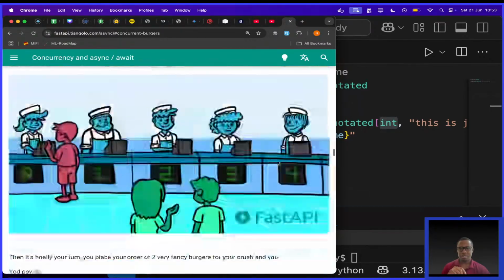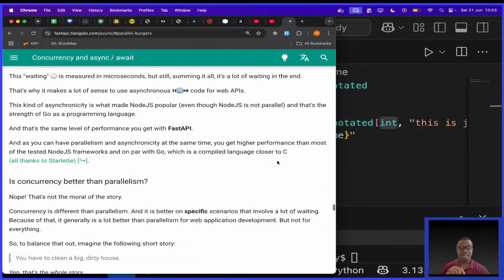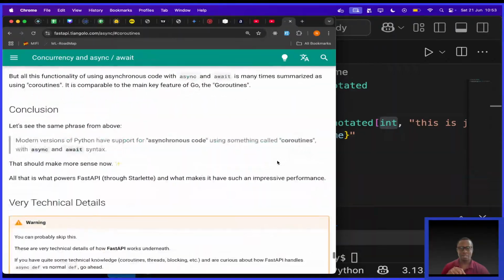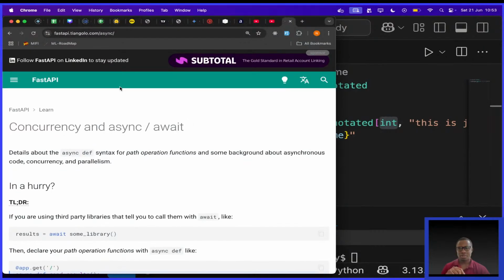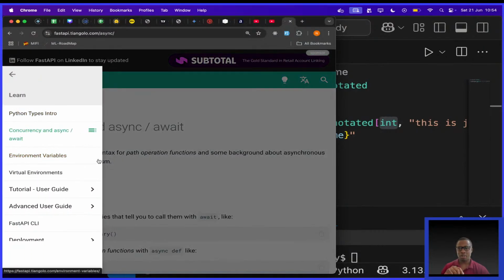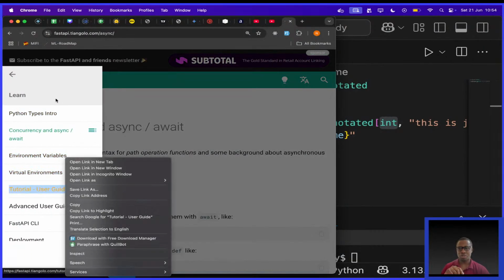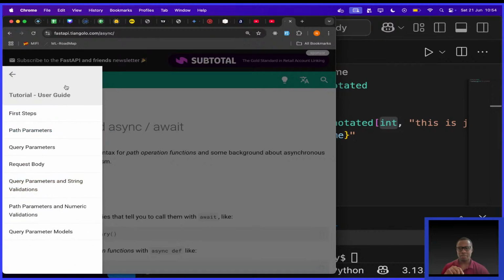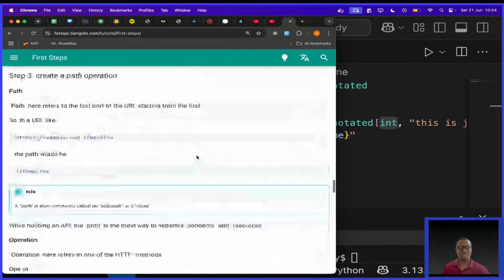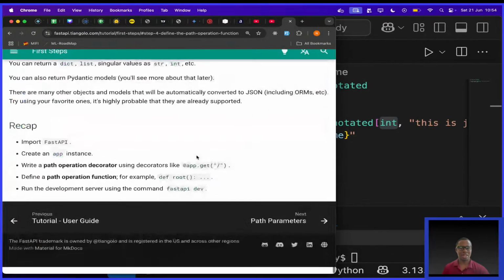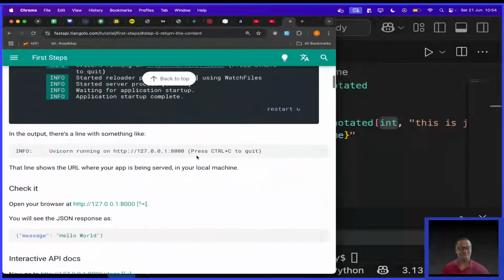what synchronous code is. Actually, I see they have images here. Okay, so I need the hello world. Okay, let me go to the tutorial user guide now. Click here and go here to first steps. Okay, so that I can have some motivation. Maybe after going through some of this, I can go back to understanding concurrency,